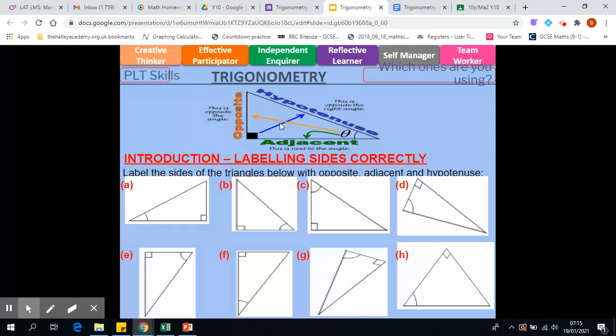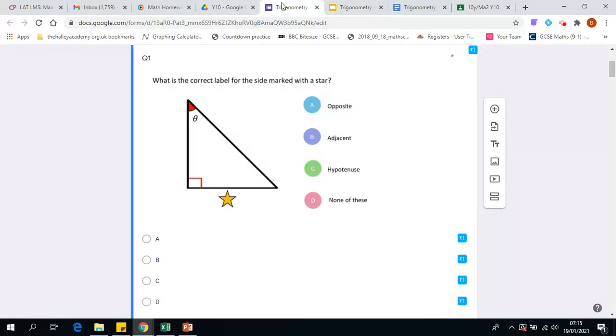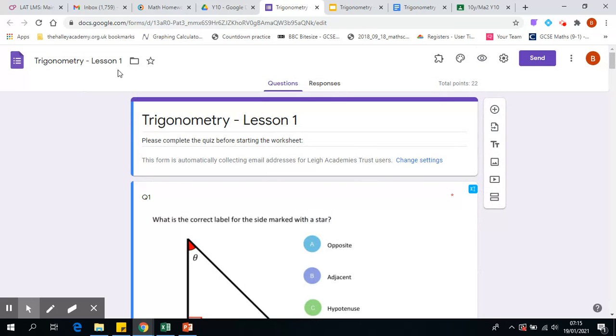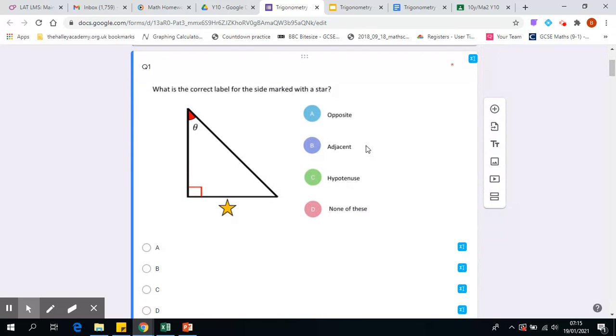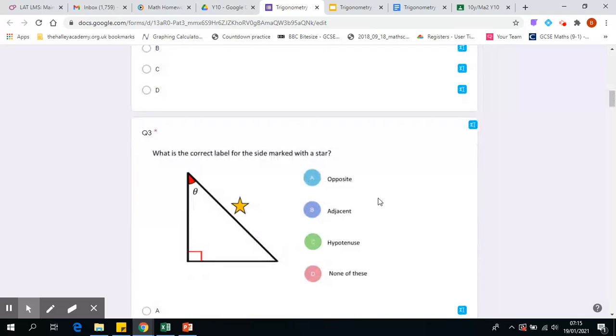I have verified and gone through labeling the sides. Using it, I want you to label the sides. Once you practice labeling, I want you to simultaneously open the quiz, which says Trigonometry Lesson 1, and start answering the quiz